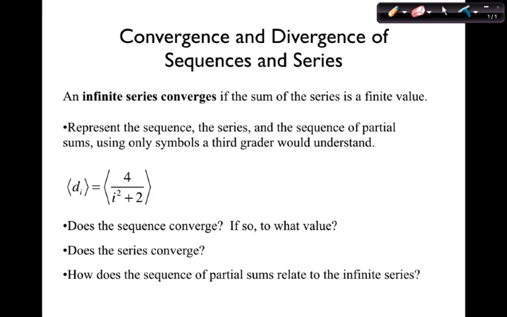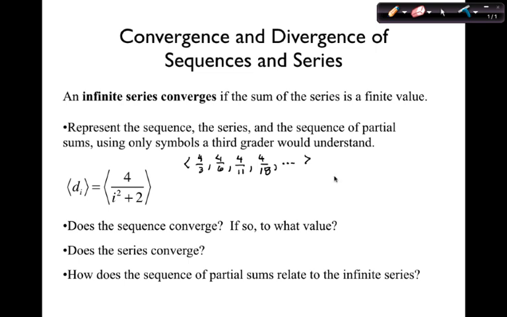New one. How about this? 4 over i squared plus 2. 4 over i squared plus 2. So quickly, the sequence is 4/3, then 4/6, and so on. Okay. The series would be just add those all up,